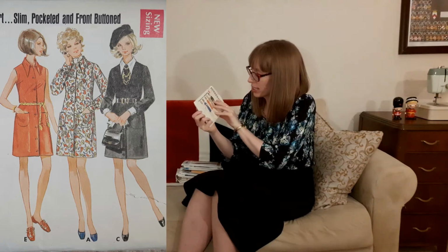Another nice thing about this pattern is that it has back shoulder darts, so it fits better in the back. Now that's something I have problems with in patterns: tops gaping in the front of the neck and also in the back. And I find that a lot of vintage patterns have those neck or shoulder darts, and the fit is just perfect. So the recommended fabrics for this shirt dress are soft or crisp